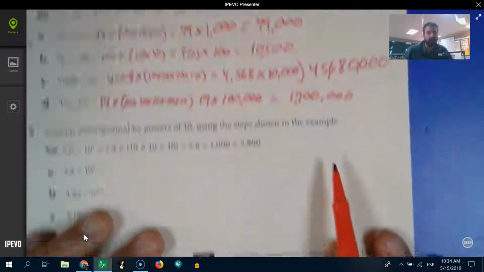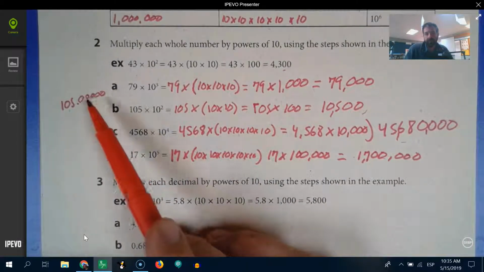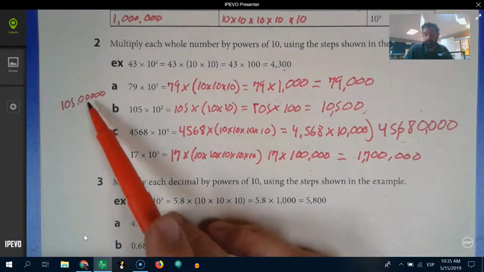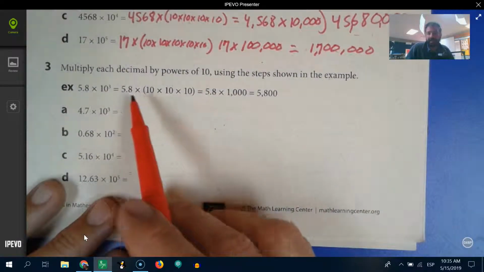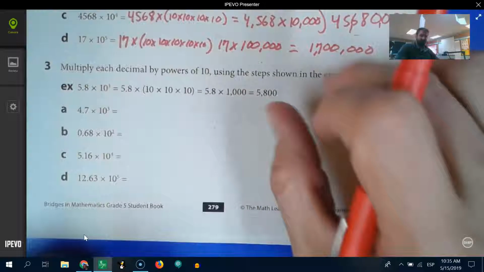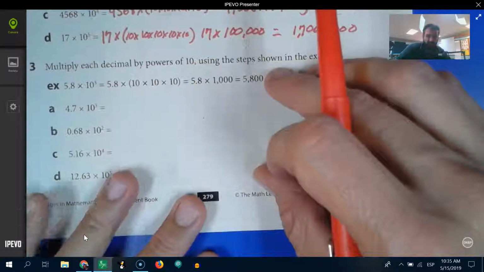Cool. Multiply each decimal by powers of 10 using the steps shown in the example. So again, same thing with this. That's why I did the zeros to the right. That's where these zeros come from. So if I have decimals there, they're moving that way too. Because again, if you think about adding zeros, that's not what's happening, and then you make big mistakes when it comes to decimals. That's the killer. Because you will do things like